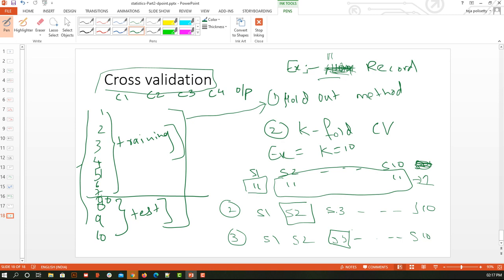Now if I say I have 111 records, and my k value is also 111, that is I want the 111 records to be divided into 111 sets. It means that each set will have one record. One record will be taken as testing and the remaining all will be taken as training. So each set will have only one element, which we don't use in general, but theoretically we have this concept. So this is known as leave one out cross validation,